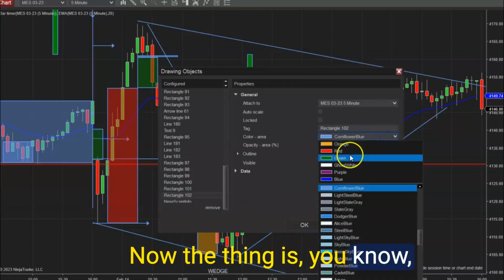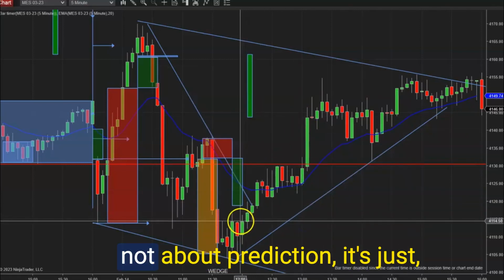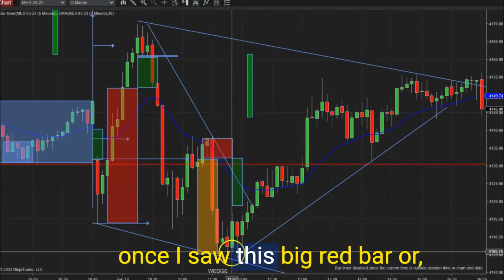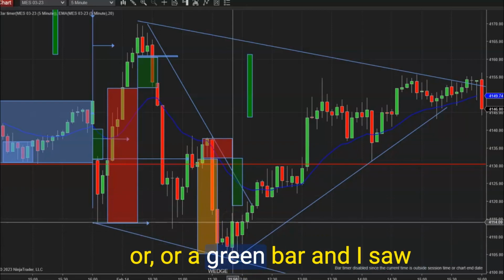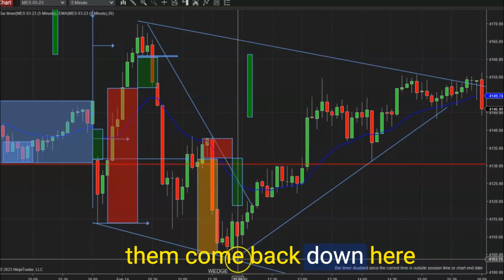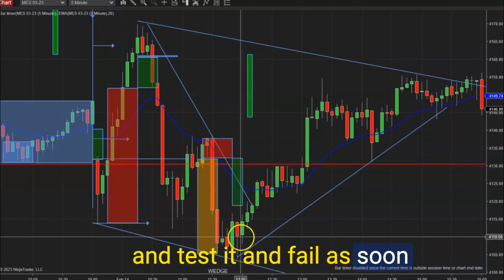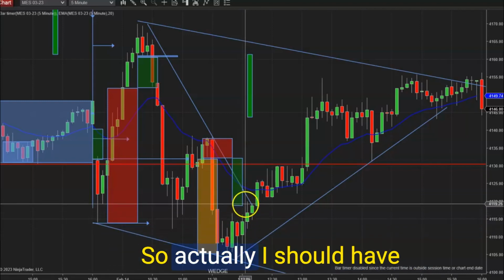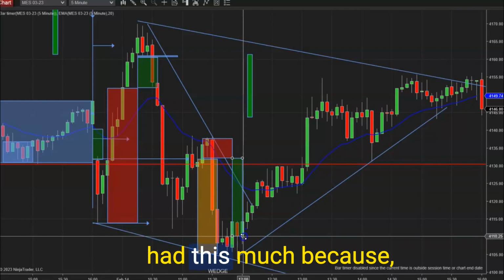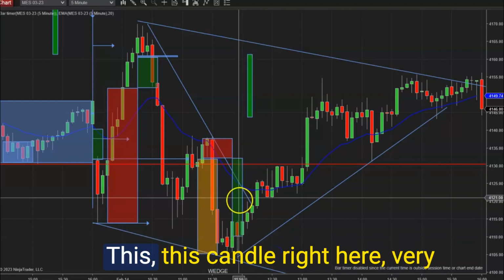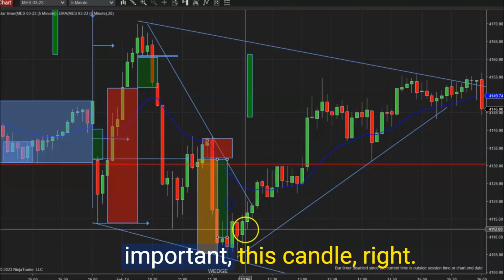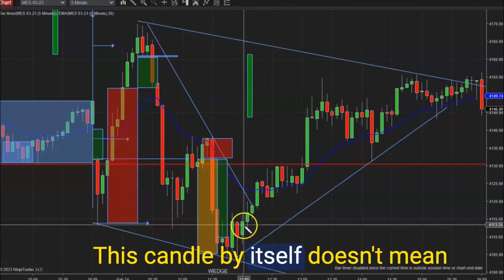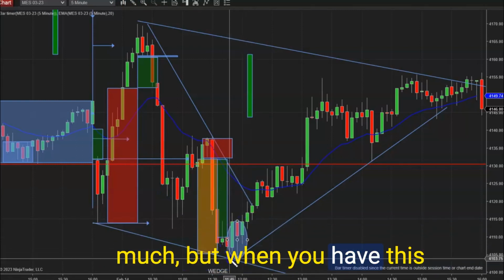Now, what I should have done in retrospect, and again, this is not about prediction, is that once I saw this big red bar and a green bar, and I saw them come back down here and test it and fail, as soon as this bar closed, once the buyers came in, I should have covered down here. So actually, I should have had this much, because this was enough. This candle right here, very important. And again, it's all based on context. This candle by itself doesn't mean much, but when you have this candle